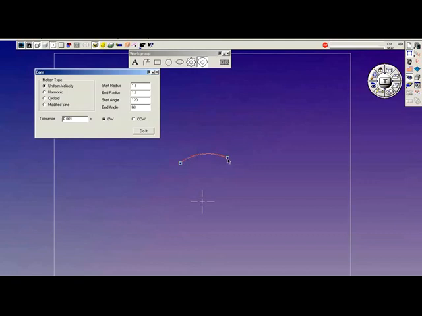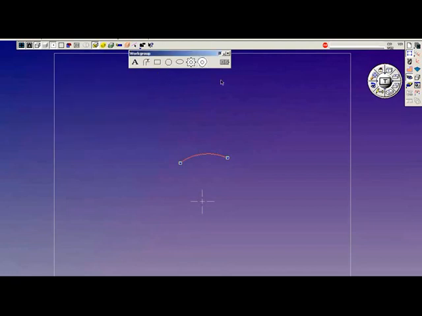You would then use your tools to draw the balance of the cam, whether it's on a crankshaft or whatever the application might be. Okay, let's go back up to the main palette. Throw away this cam lobe,